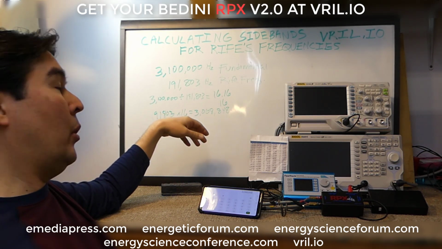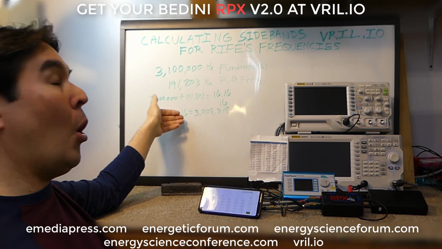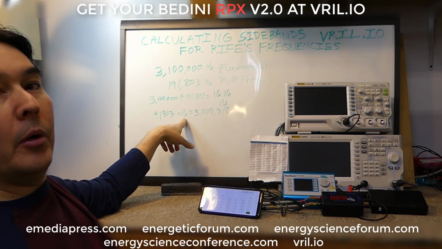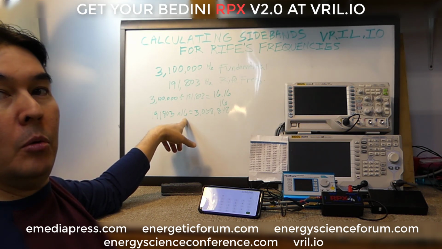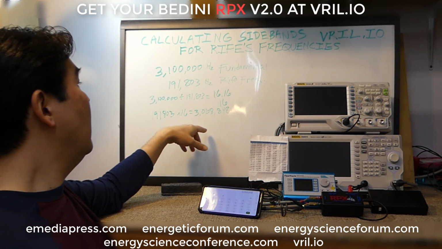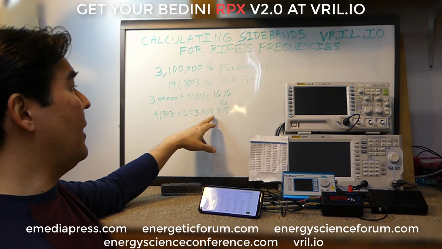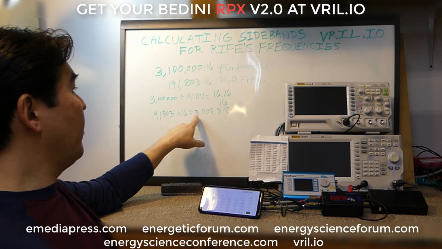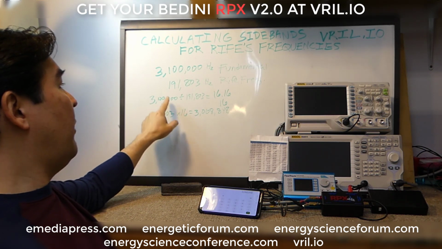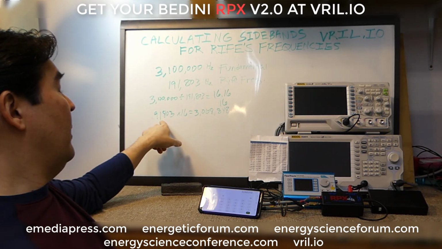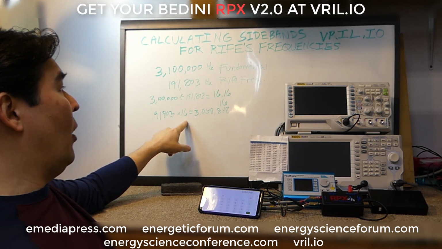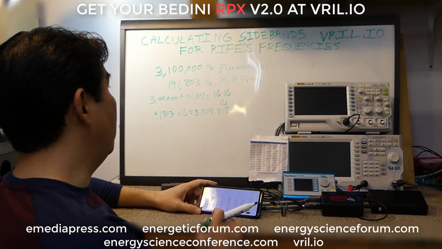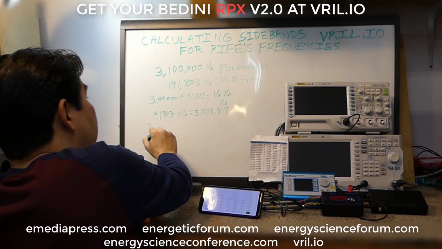When I say even multiple, I mean it's multiplied by a whole number rather than any decimals. And that could be an odd number. It could be times 5, it could be times 2, 20, 15, whatever. So 3,068,848 is the closest number to the fundamental that you can multiply the Rife frequency by a whole number to get that heterodyne frequency. So now what we're going to do is take the fundamental,